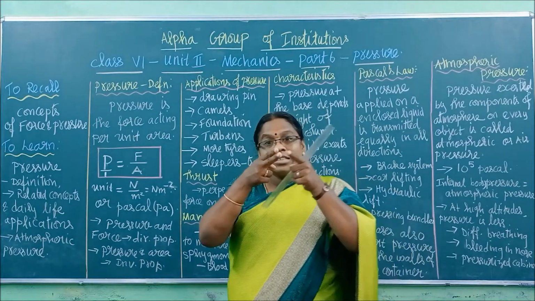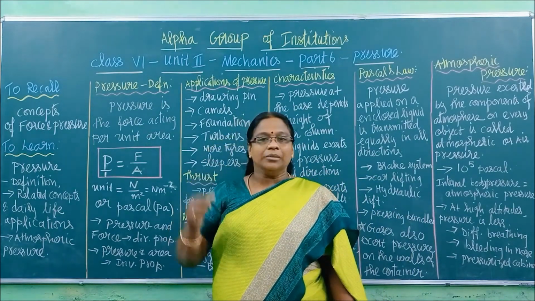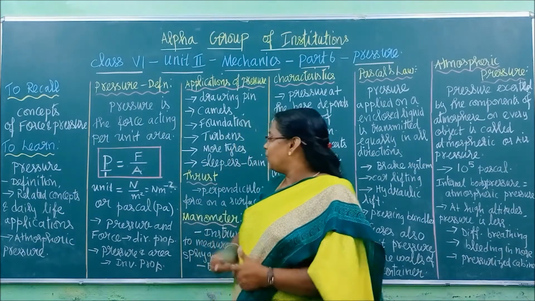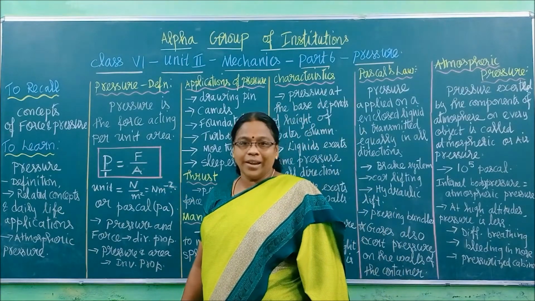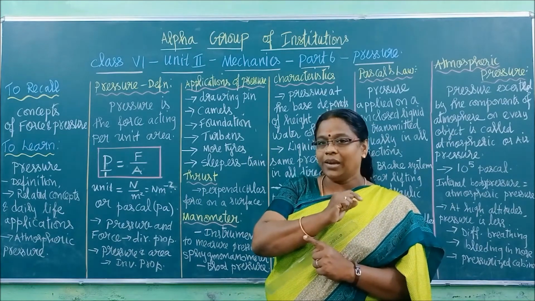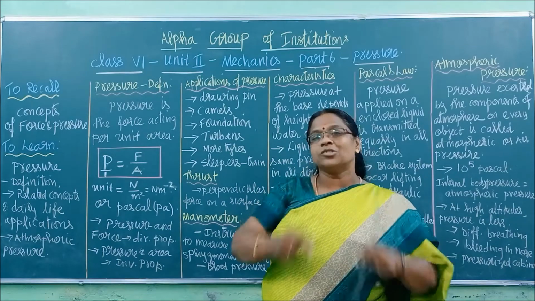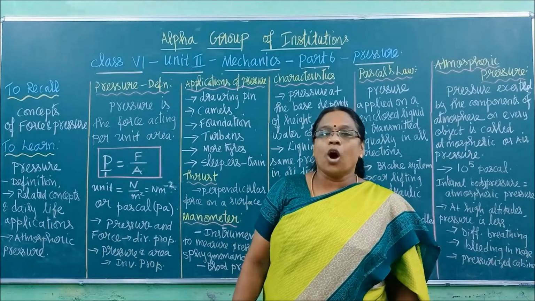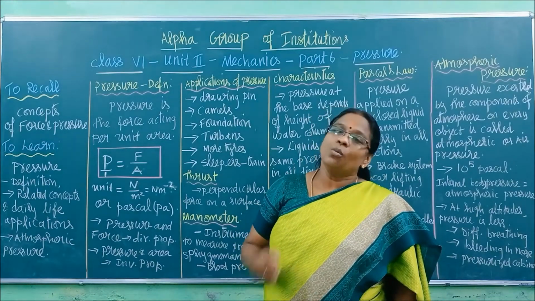But what about the sharp edge of the nail or the board pin? Sharpness means the area of contact is less. If the area of contact is less, pressure will be more. So we can give less pressure on the broad end, so our hands will not hurt. But the sharper end will have more pressure, so that it easily pierces through the wall, or if it is a drawing pin, it can easily pierce through the board.